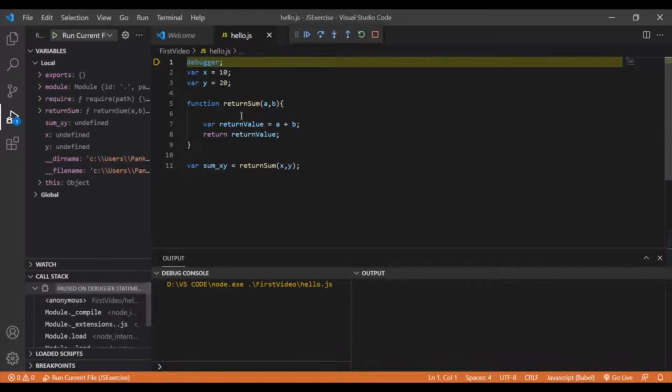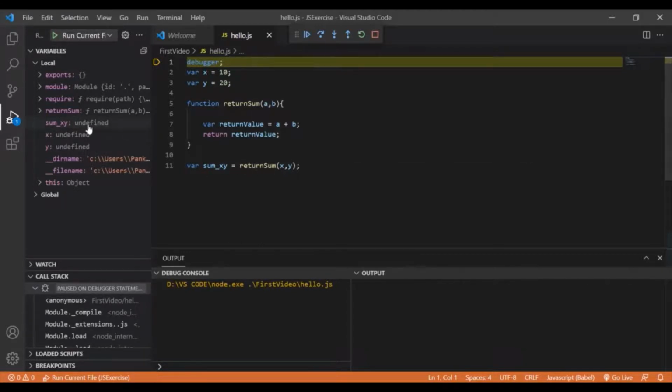Okay, so execution is stopped or paused over here, and you can check here. This is like a memory component. You can see we have a variable x, a variable y, and the value is undefined, right? We have a variable sum x y also, and its value is also undefined.